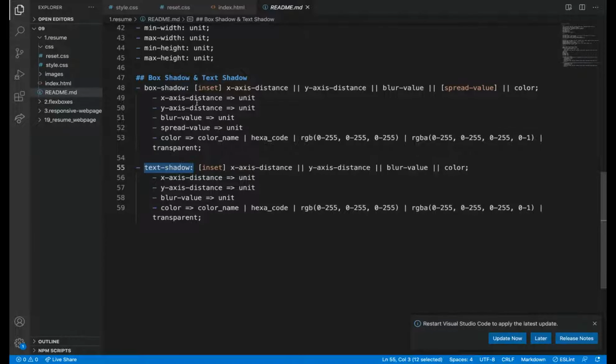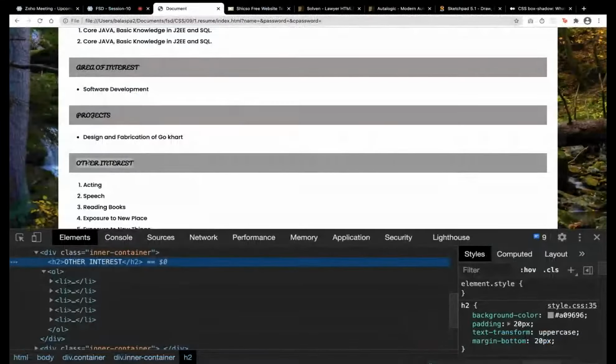Inset, okay, we'll keep that for later. Then x-axis distance. What is x-axis? Horizontal is x-axis, so horizontally till which distance the shadow should apply.